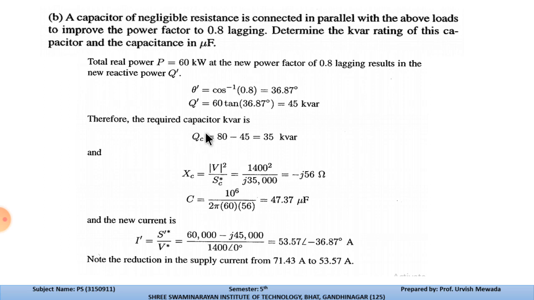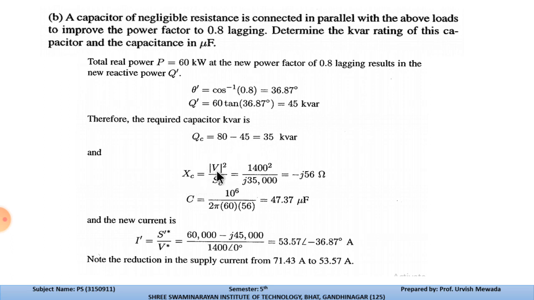Now therefore the capacitor kVAR required: we have 80 kVAR from the previous circuit. Now we are adding the capacitive branch, so 80 minus 45, so the capacitor kVAR will become 35. So from this 35,